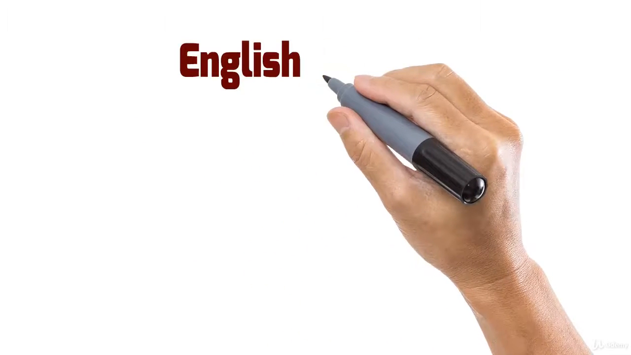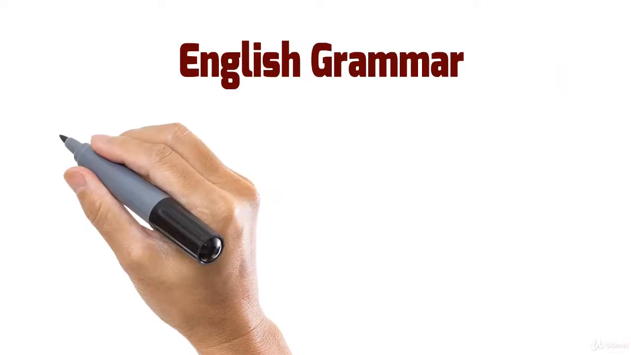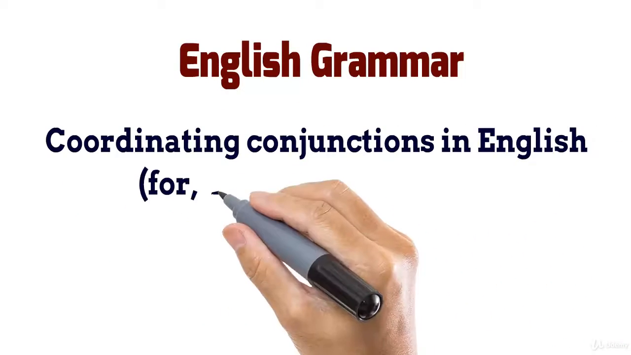You can use acronyms for learning English grammar. Coordinating conjunctions in English are: